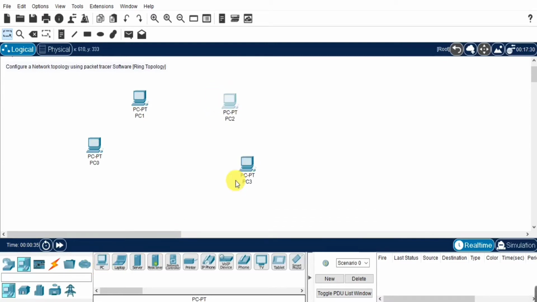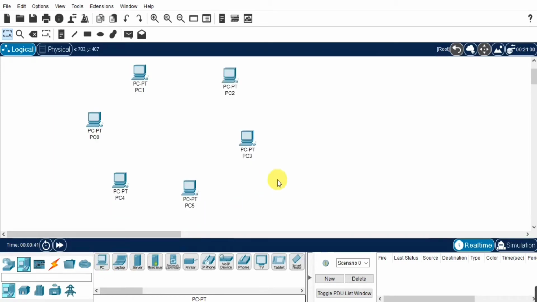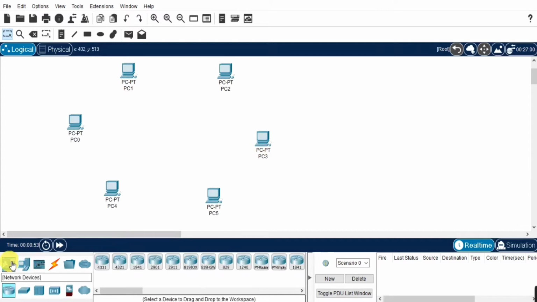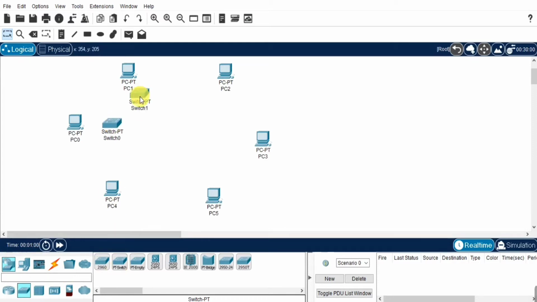In ring topology, each network device is connected to two other devices, like points connected in a circle. Here we will use switches to connect the devices.